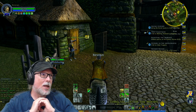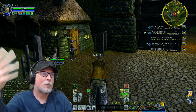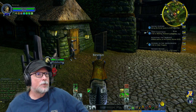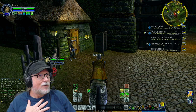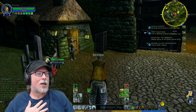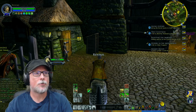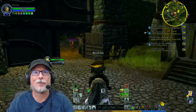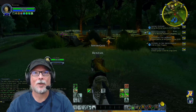I VIP every single time. I prepay for the 3-month blocks. It drops it down from like $15 a month to $10 or $12 a month or something like that. So for me, it is always going to be worth it to pay. Plus you get points, which you can then apply to really cool stuff in the LOTRO store, like cosmetics, which we're about to talk about in greater detail after we check out the skirmish camp,